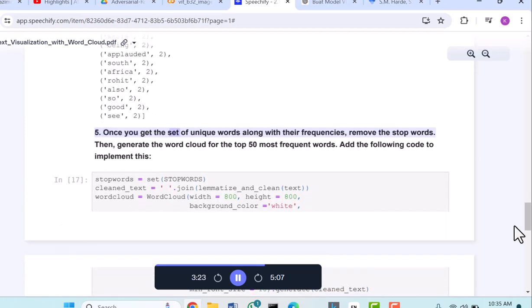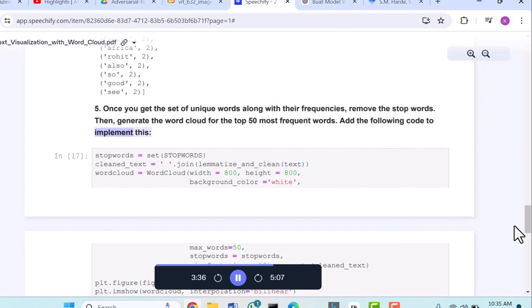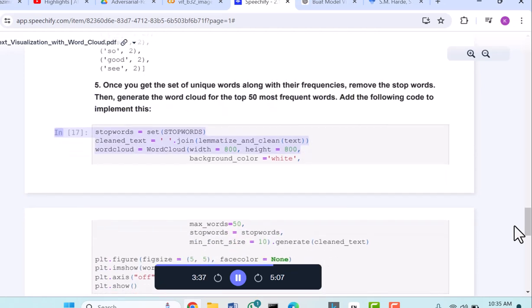Once you get the set of unique words along with their frequencies, remove the stop words. Then, generate the word cloud for the top 50 most frequent words. Add the following code to implement this. stop_words = set(STOPWORDS); cleaned_text = ' '.join(